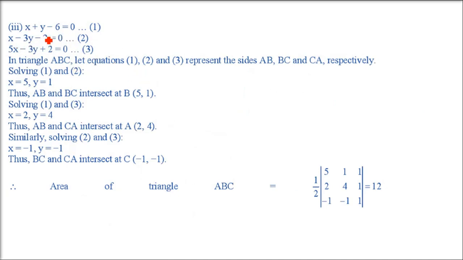Now coming to the third one, again the same thing, 3 lines are there, and I told you already, you have learned how to find the point of intersection. You can do it any way, by cross multiplication or by solving the linear equations in 2 variables. It's up to you. Any method you take, you have to find the vertices of the triangle, because the area of the triangle can be found only from the vertices. So this is x1 x2 x3, this is y1 y2 y3, and 1 1 1 in the third column into half. So this is a determinant.